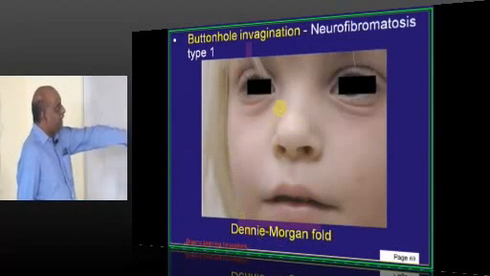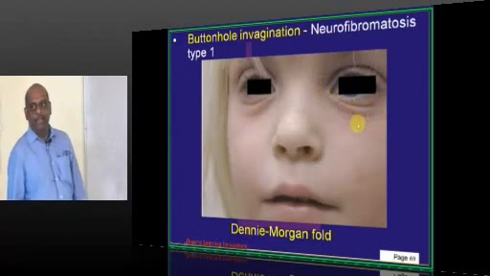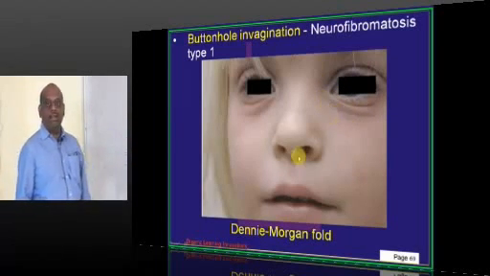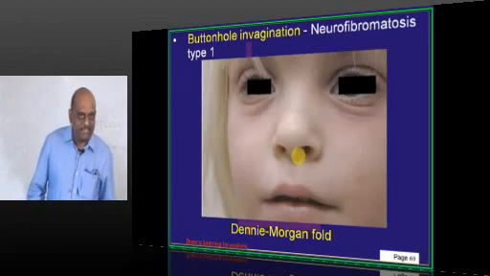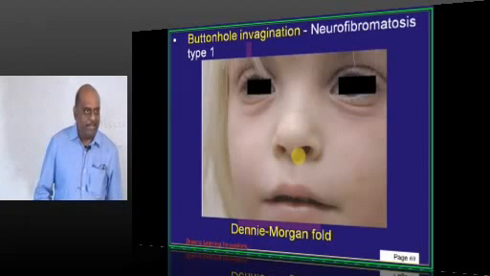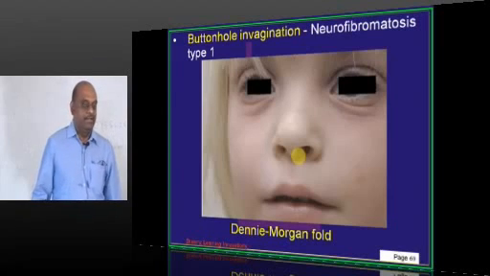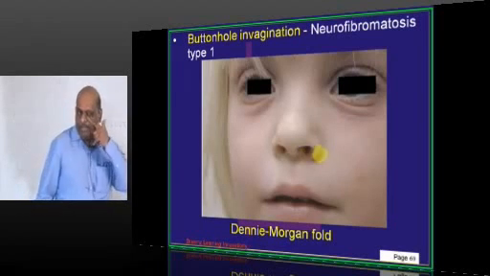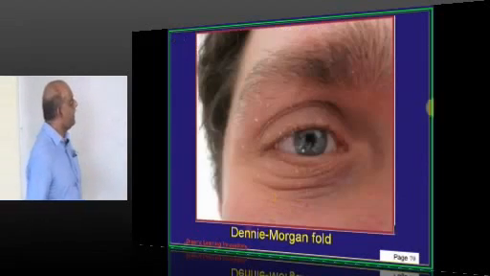Then doctor, this kind of folds on the side of the eyes are called Dennie-Morgan folds. Where do you find those? In those having allergic dermatitis, allergic diathesis. They get asthma, they get hypersensitivity, they scratch, they start sneezing. If you are powdering your face, they sneeze. Look at his eyes, there will be small folds, they are called Dennie-Morgan, is what you need to remember.